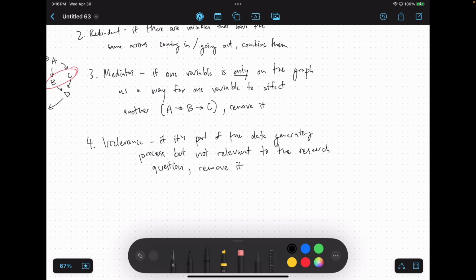One last note about the diagrams themselves. Diagrams must be acyclic, which means no loops. None of this works if you have a cyclic diagram. Yeah, because all of the arrows are actually dictating specific relationships. If you have things going around in circles, it breaks everything. So no loops allowed.